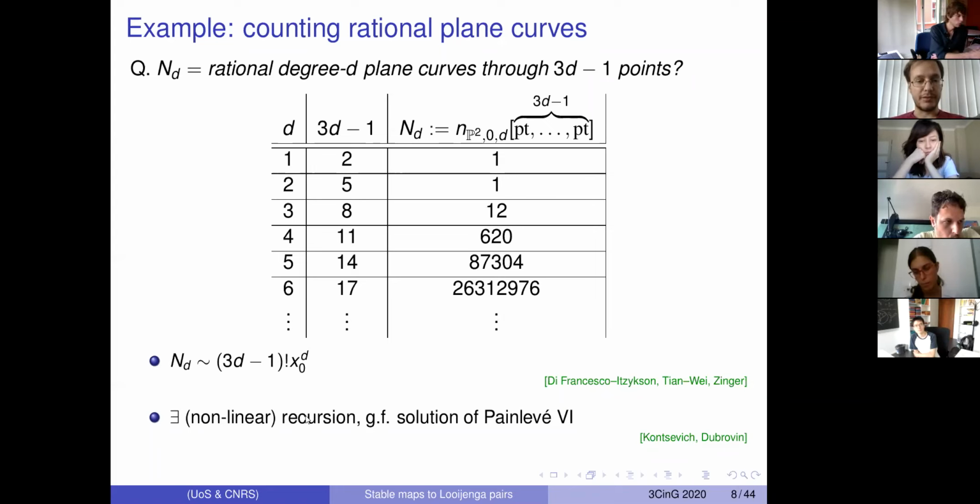And the fact that this recursion is nonlinear means that if you package all these invariants in generating function form, well, the Gromov-Witten potential will be the Borel transform of this generating function. It will be convergent with radius of convergence 1 over x0. And this is a solution of a nonlinear PDE, which is quite remarkable, a solution of a particular instance of the Painlevé VI equation. So there's quite a lot of structure in these numbers, and this should be contrasted with what I'm going to say in a minute, where I'm going to add